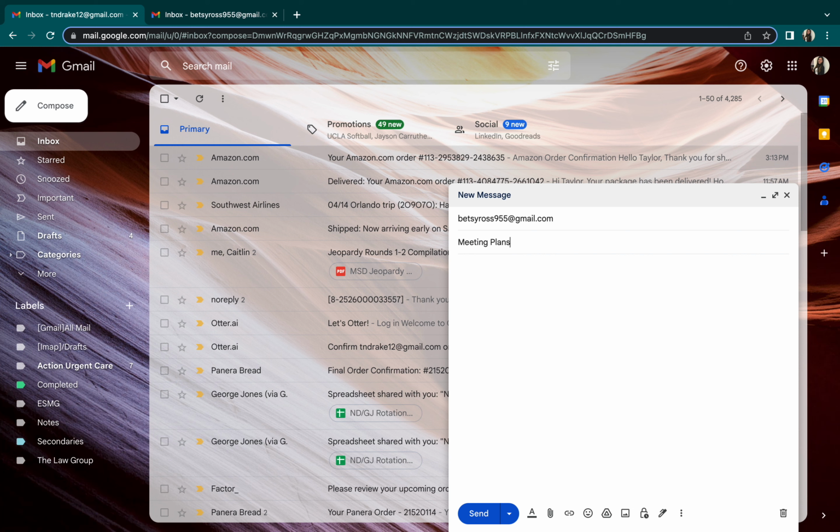So meeting plans. Then you're going to press in this big space below to write your email. So in this example, we're going to say, "Hi Betsy, I wanted to check in and see if you are still available to meet for coffee tomorrow morning. Please let me know when you can. See you tomorrow, Nikki." When you're done writing your email and you're ready to send, you'll click the send button